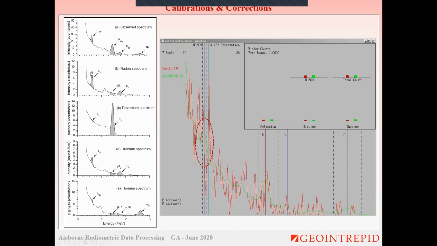And if radon is present, then the ratio between those two peaks actually differs, and that allows us to estimate the radon. The problem with that is that we're looking at a very small window. This is the 609 peak here in the blue line, and the window we use to get it in the dashed lines. And this green curve here is a smooth spectrum, an NASVD smooth spectrum, 1 second spectrum, but